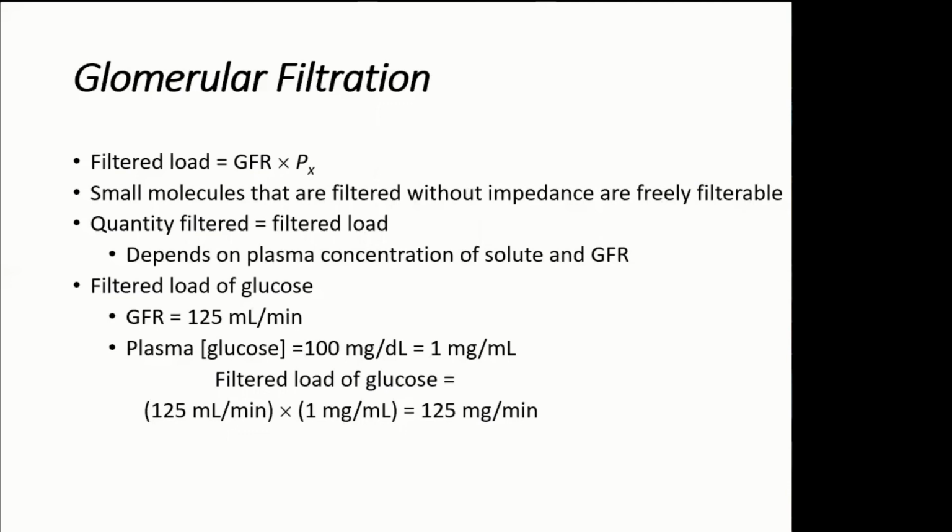This is going to happen with any small molecules. Proteins are stuck in the glomerulus. They can't get through those fenestrated capillaries, but ions and stuff can. So small stuff can go through those fenestrations and those slits